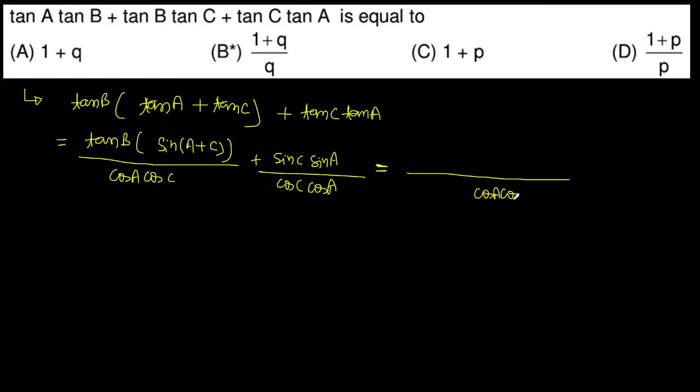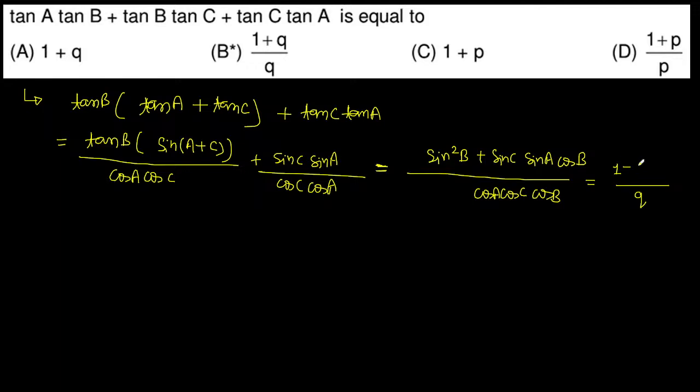cos A cos C, ये होगा cos A cos C, sin² B + sin C sin A cos B, और cos B इधर भी आ जाएगा। चलिए नीचे वाला तो क्यूब बन जा रहा है, ऊपर वाले पे दिमाग लगाते हैं।